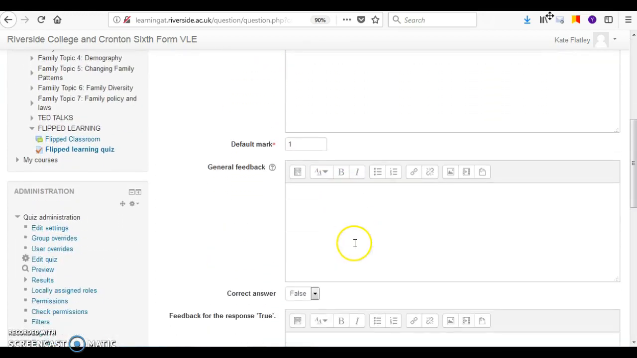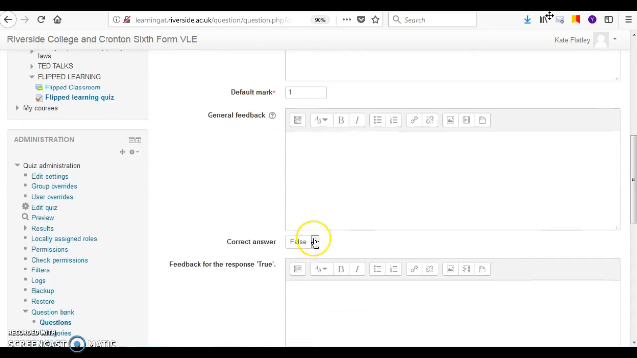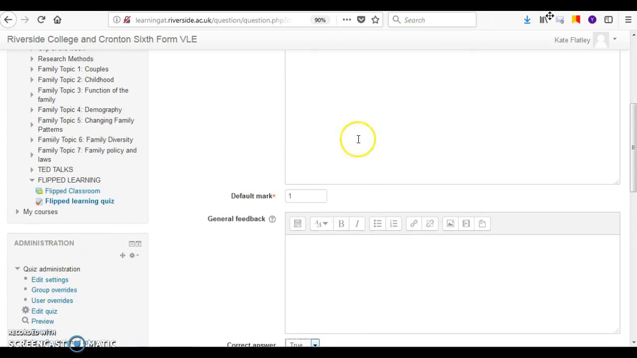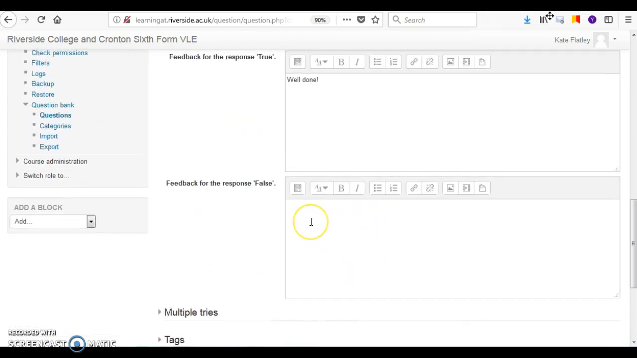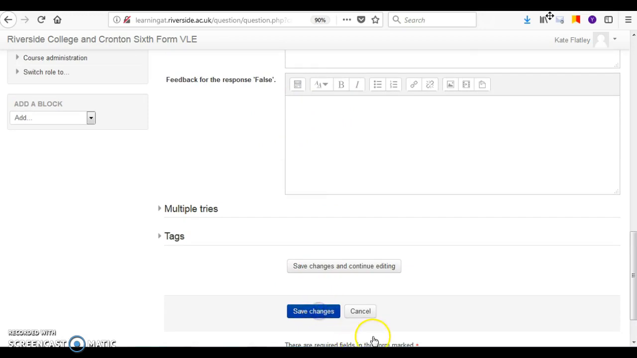1 mark available, and the answer, and we're going to select what the correct answer is. So in this case it is true, and I'm going to put well done. Yeah, because they got it right. You might want to add a little bit of clarification why it wasn't false. It's up to you how you want to do that, and then you're going to save it,